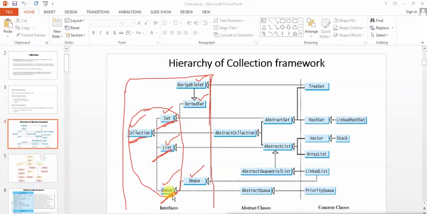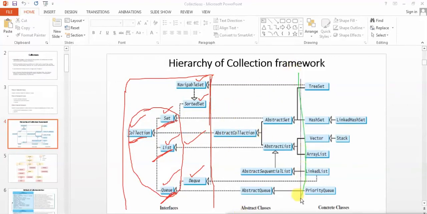Obviously, as these are interfaces, we cannot make objects of them, and we cannot manipulate the data by making their objects. So definitely we have to see some classes which inherit these interfaces and implement their functionality. So let's proceed further in this section.